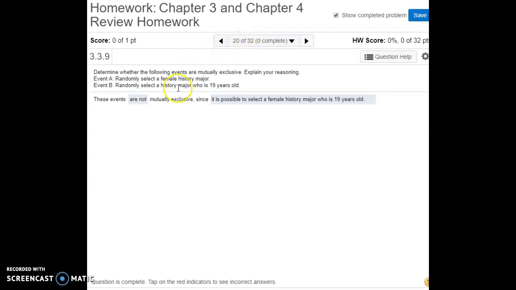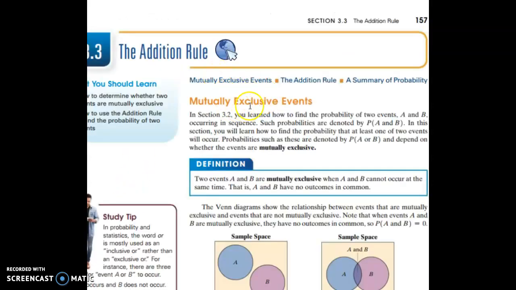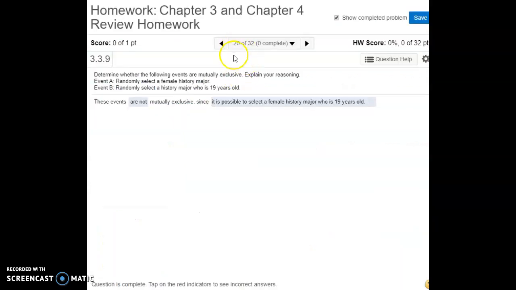Number 20, looking at the definition of mutually exclusive events, and this is covered in 3.3. What it means to be mutually exclusive is that the two events cannot occur at the same time. For this example, our first event is randomly selecting a female history major, and event B is randomly selecting a history major who is 19 years old. And these are not mutually exclusive. You could get someone that falls into both categories and select a female history major who is also 19 years